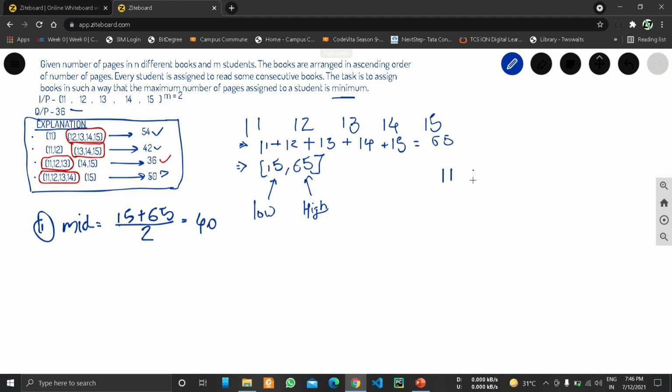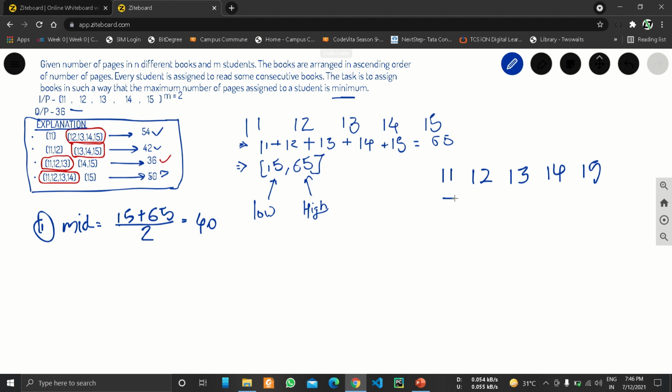So our array was 11, 12, 13, 14 and 15. If our answer is 40, let's see.